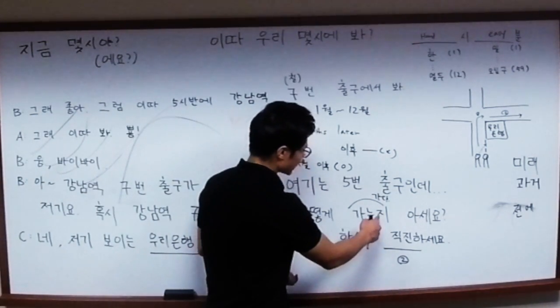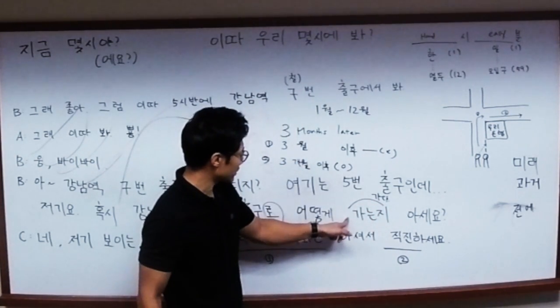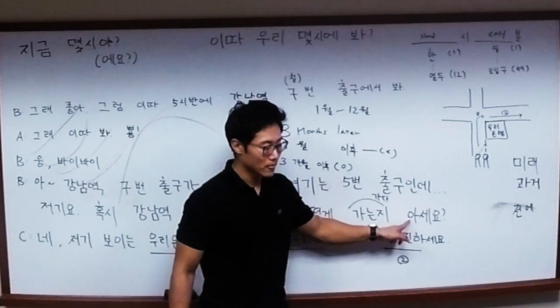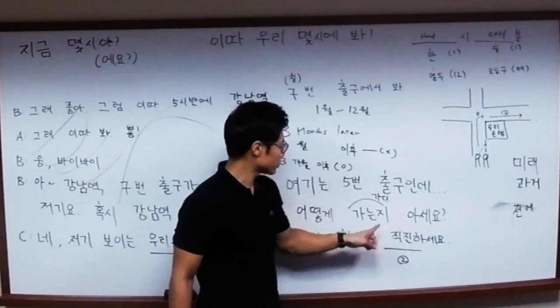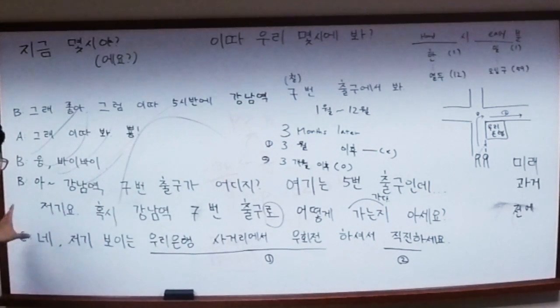But the reason why we change this 가다 form into adjective is because you want to say, do you know how to get there? You want to use this "know." You want to ask about it. That's why you use 는지. Okay? So if you translate this whole sentence right here,